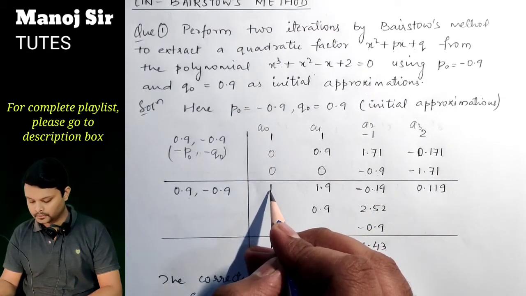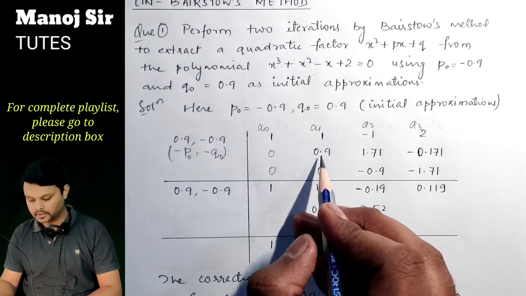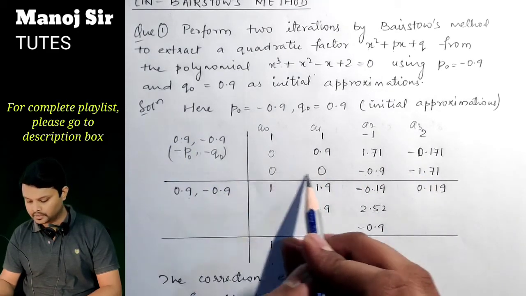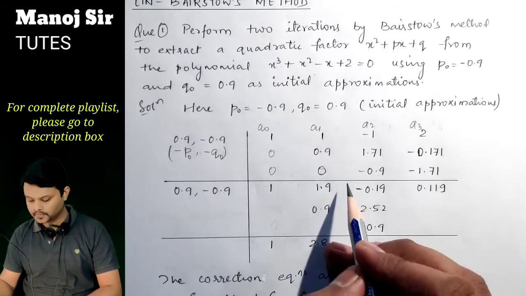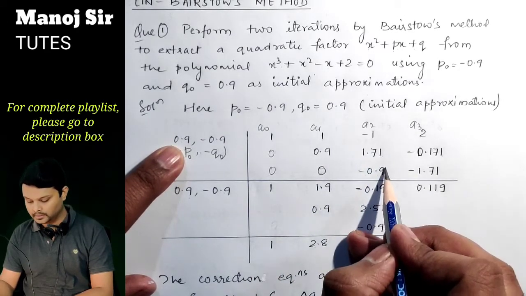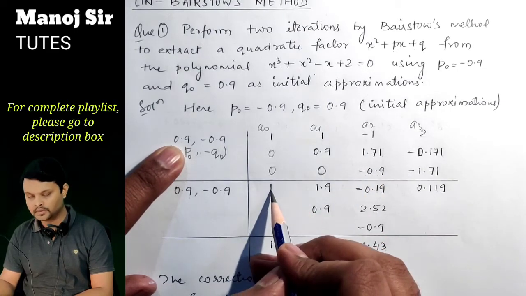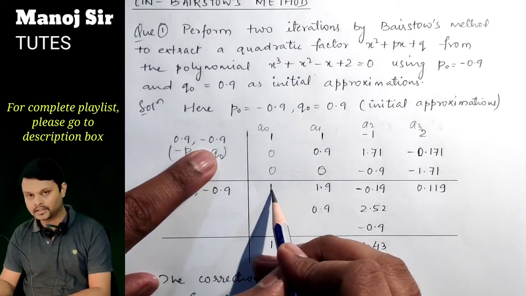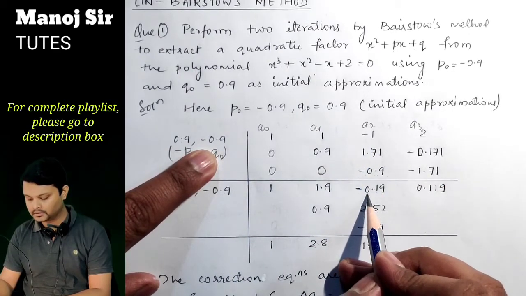Now if you add these three values, you will get 1. Now we need to multiply 1 with this value, you will get 0.9, so simply write here 0.9. It means for this row we will take the help of this value, and for this row we will take the help of this value. Now 1 plus 0.9 is 1.9. Now multiply this with this value, you will get 1.71. But for this value we will not take the help of this value, rather we will take the help of this value. The previous value of this is 1, so 1 into minus 0.9, that is minus 0.9. On adding these three values you will get minus 0.19.